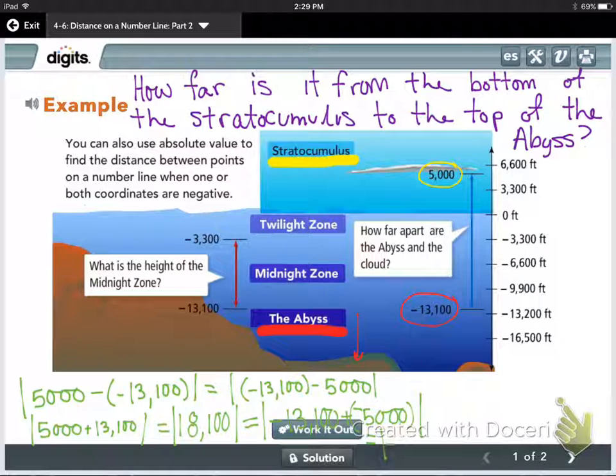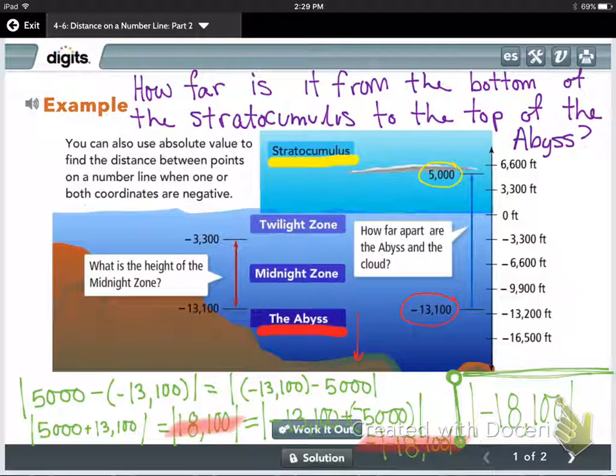Equals absolute value of negative 18,100. So both of these numbers you have here, absolute value of 18,100 and absolute value of negative 18,100, both of those are 18,100 away from 0. So if you take the absolute value of both of them, I'm going to put a little plus and minus sign here, both positive 18,100 and negative 18,100, absolute value of both is just